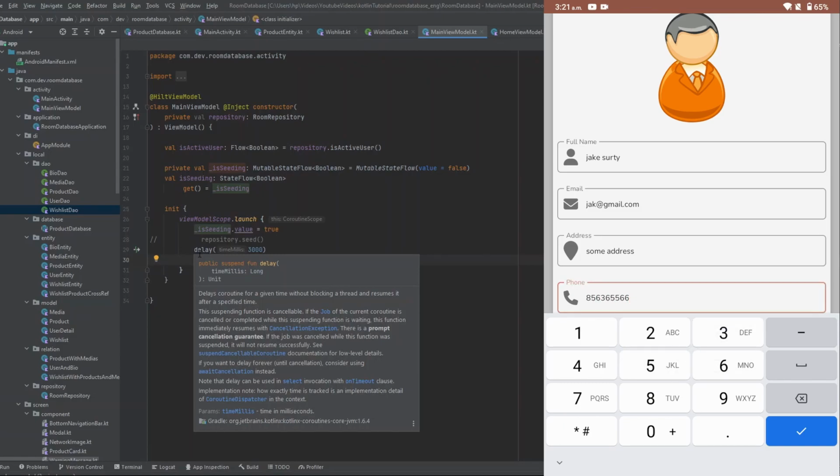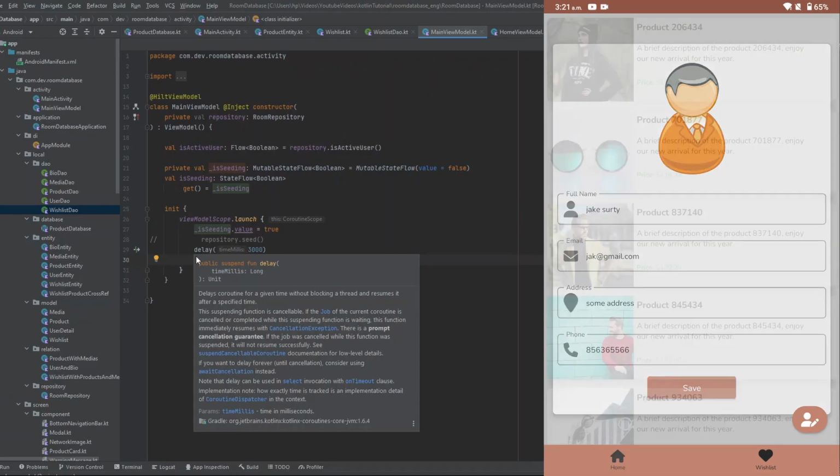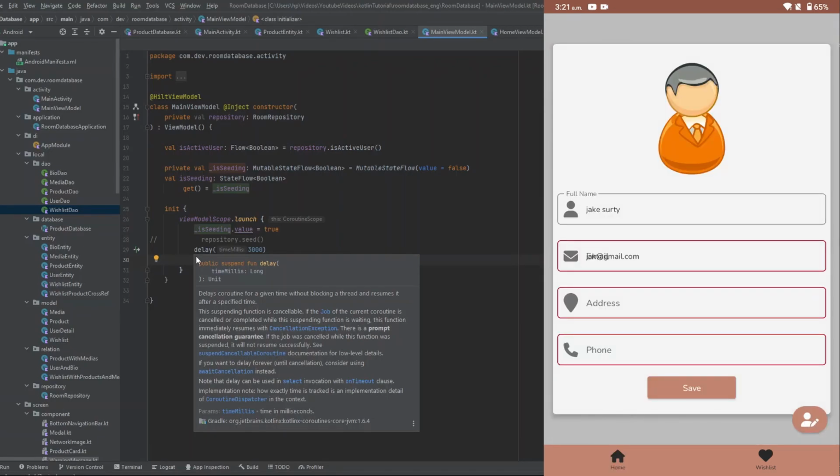I just add some primitive form validation. So I'm going to hit save. Great. User is saved successfully. And if you have noticed, we have in real time the change that we have now, an active user. So we have here the active user, and if we click again to that active user, we will